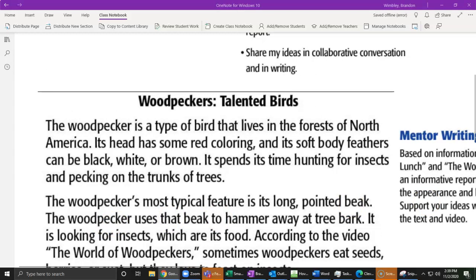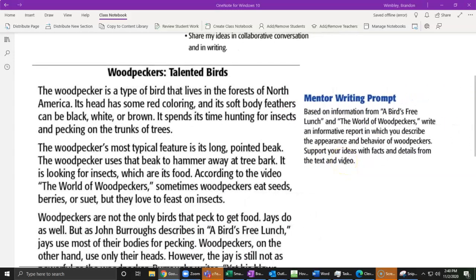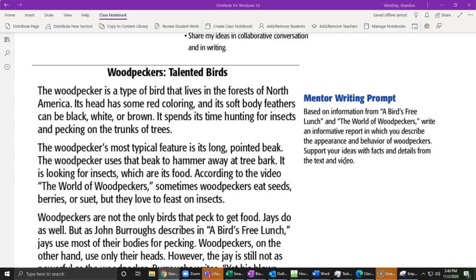So what do I have first? When I write my report, I'm going to be focusing on that looks, lives, and behaviors. You guys, when we do our writing starting next week, you guys are going to be writing about chipmunks. But we're going to look at this woodpecker model to see exactly what it should look like. This prompt asks me to do what? It asks me to describe the appearance and behavior of woodpeckers. I'm going to write a report that describes what woodpeckers look like and some things that they do. The prompt tells me that I need to include facts and details that I'll learn from a text and a